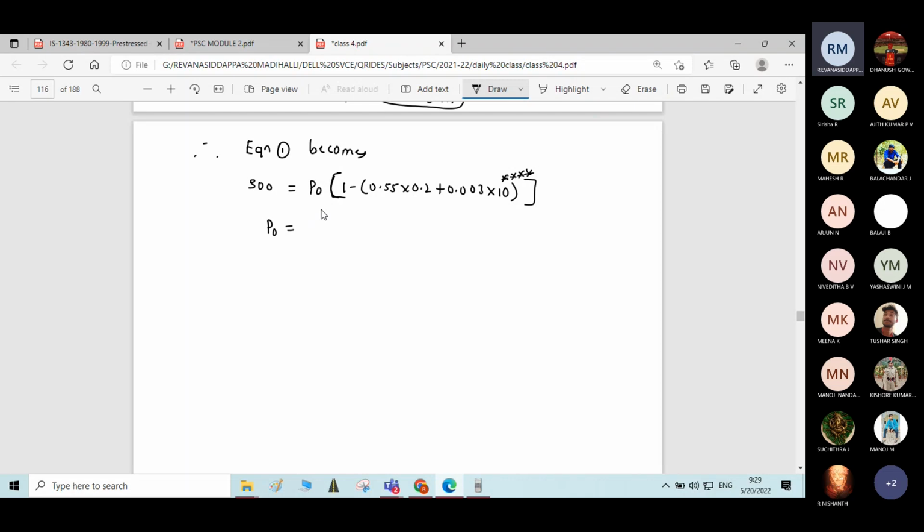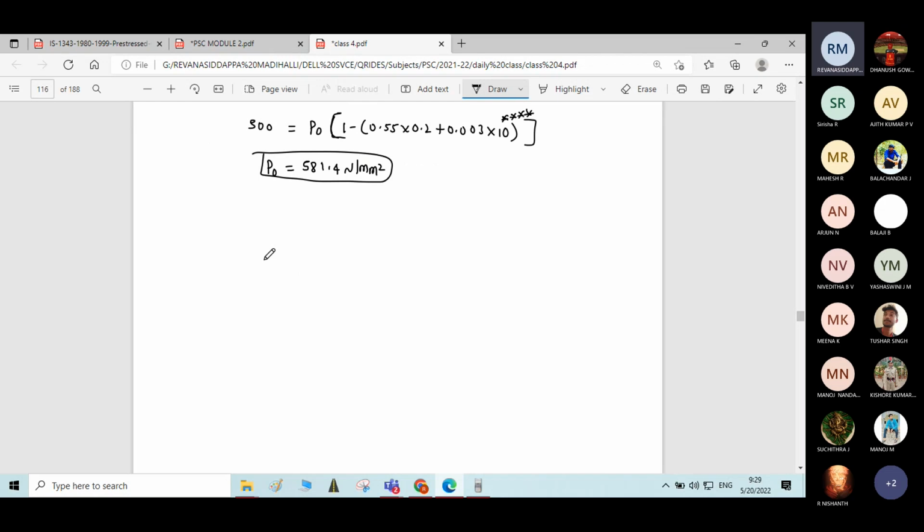Solve for p naught now. Please check the answer. It is 581.4 Newton per mm square. Okay. P naught is equal to 581.4 Newton per mm square. Therefore,